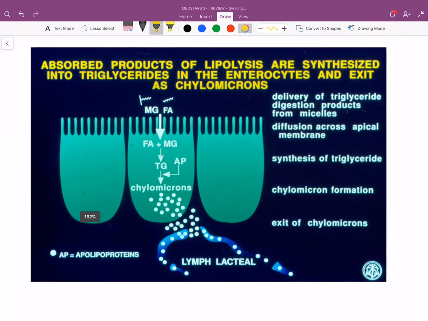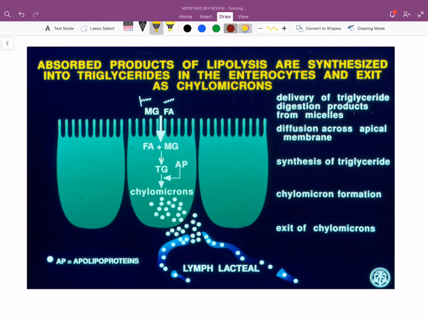Now, once you have the micelle, it is going to diffuse across. These are going to diffuse across with the micelle. Once they get inside, the free fatty acids and the 2-monoglyceride are going to come together again to form triglycerides, and then the triglycerides are going to be packaged up in the